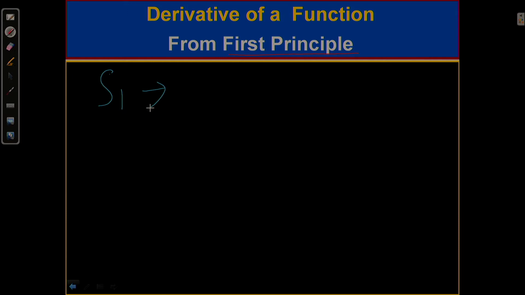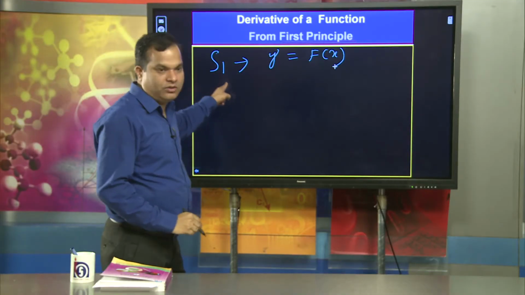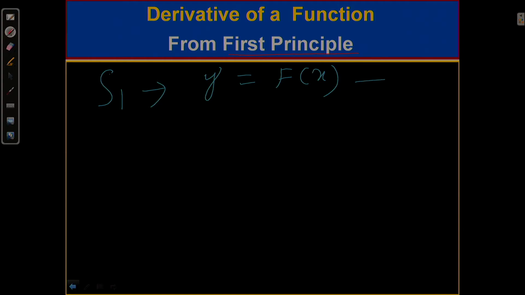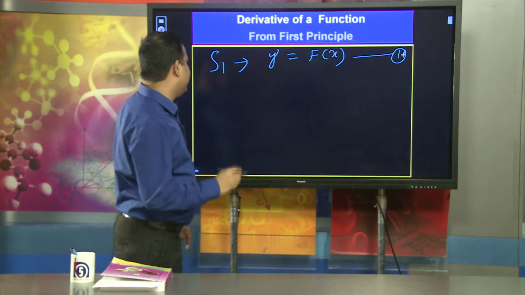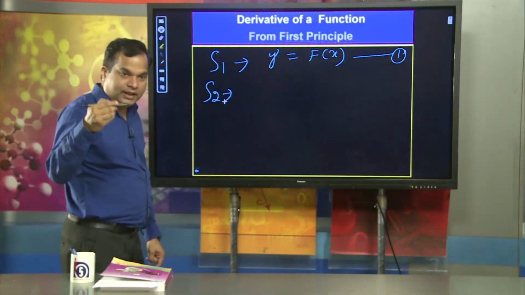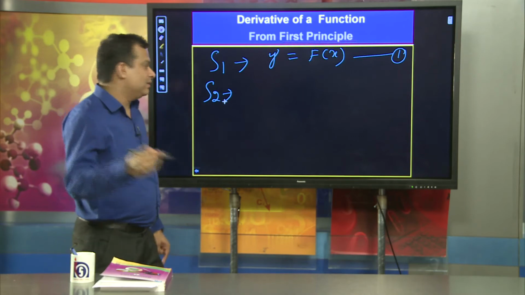For example, suppose the function is y equal to f of x. This is step 1, S1, I have written. And I can also write this is equation number 1. The second step is talking: suppose del x